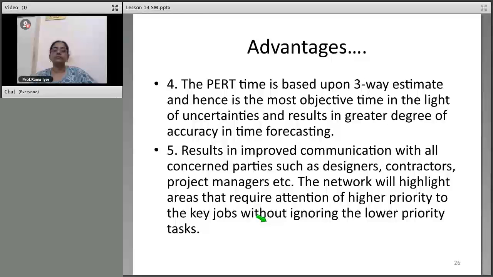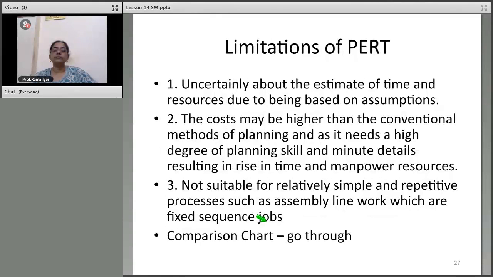Three-way estimate in time, because you're doing, first is the longest, no? We said 45 days. That is the total time. For each task we took it into account and totaled it up. Then we said number of days required based on whatever can be done simultaneously, we said what is the least time and what is the maximum time. Got it? That is why it's called three-way.